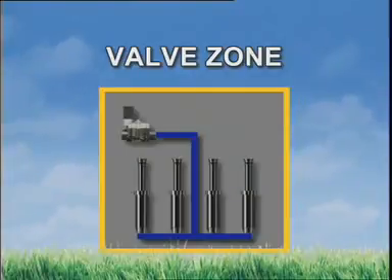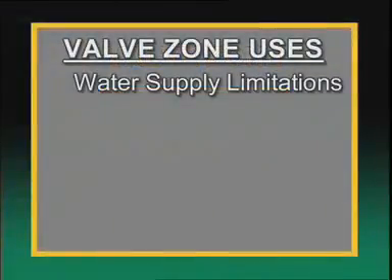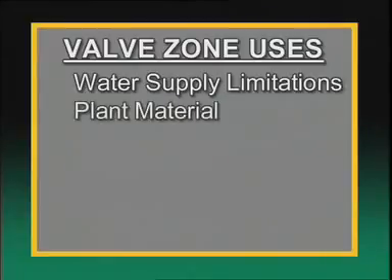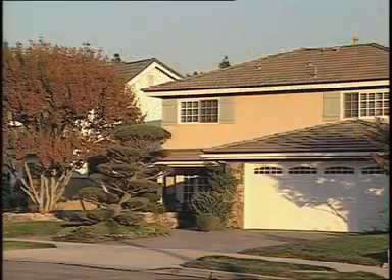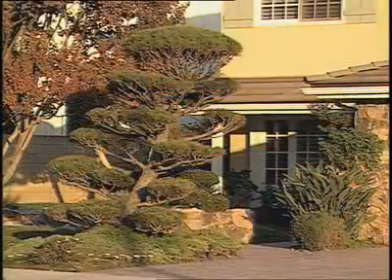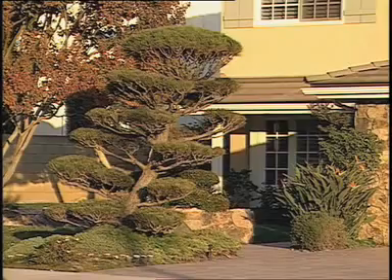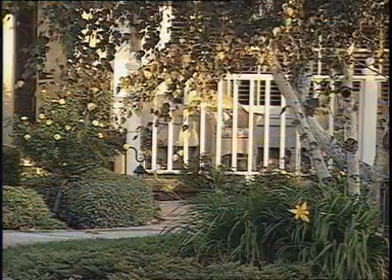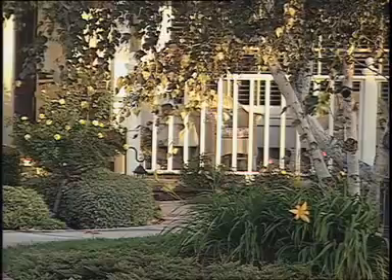In addition to this example, there are several other reasons for designating a specific area as a valve zone. One is related to the type of plant material growing there. A typical yard will have different areas made up of lawn, flowers, shrubs, and trees, and the amount of water needed to keep these plants healthy varies. By making each area a separate zone, you then have the flexibility to adjust irrigation times and methods to match